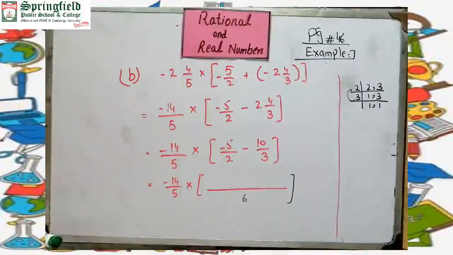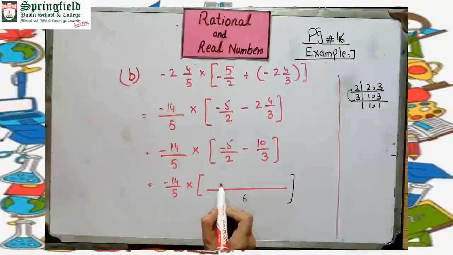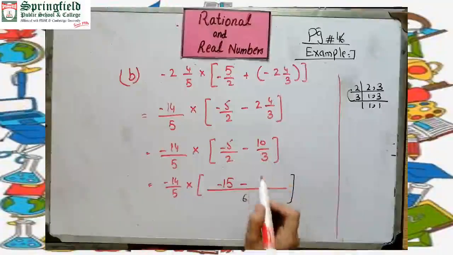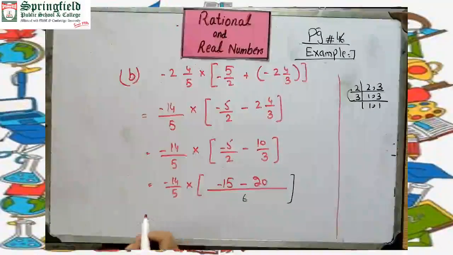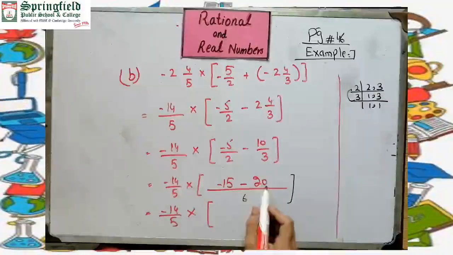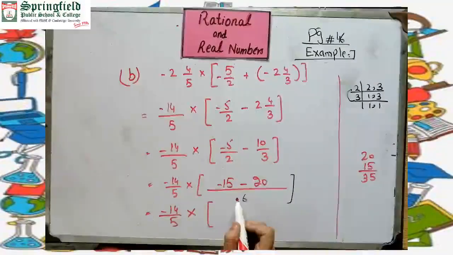So as we know the method of converting small fraction to the long fraction, 2 will divide on the LCM and then the answer will multiply with the numerator. 2 divided by 6, 3 multiply with 5, minus 15, minus 3 divided by 6, 2 multiply 10, 20. So minus 14 divided by 5 multiply. So minus plus 20 plus 15. What will be the answer? 5 and 3, and the sign will be minus because the greater value has the minus sign, the negative sign. So minus 35 divided by 6.